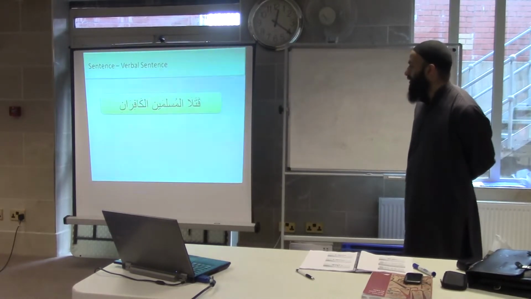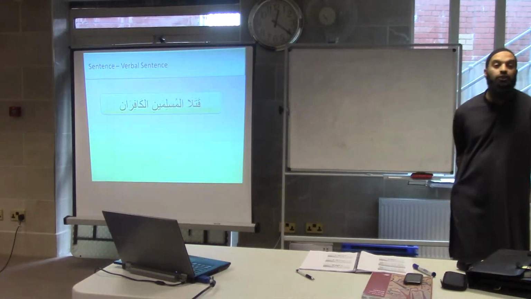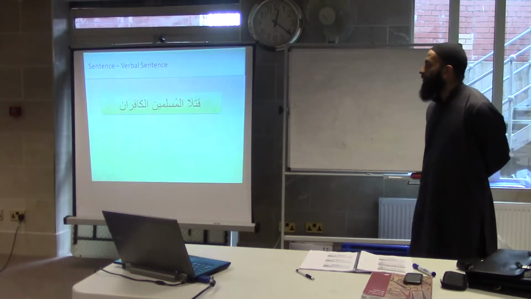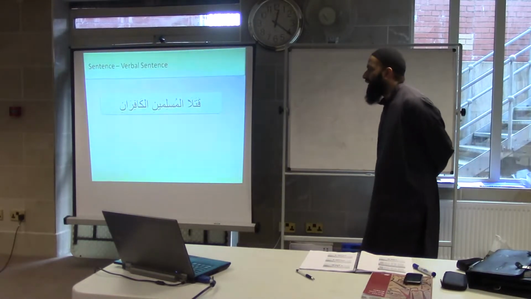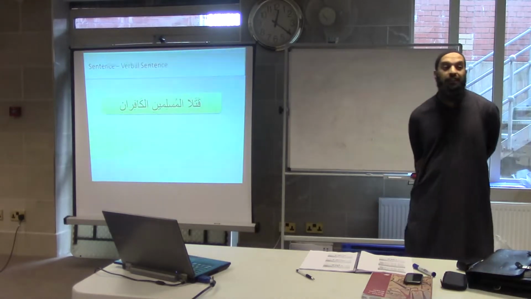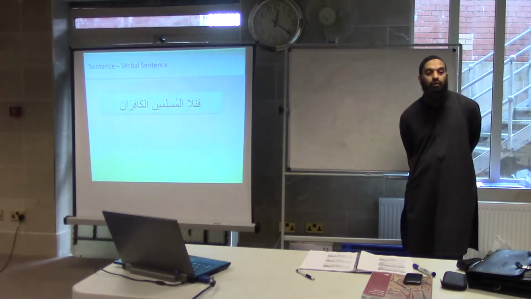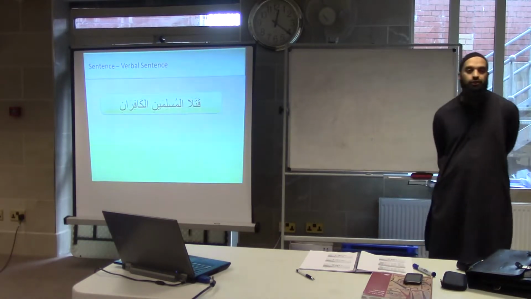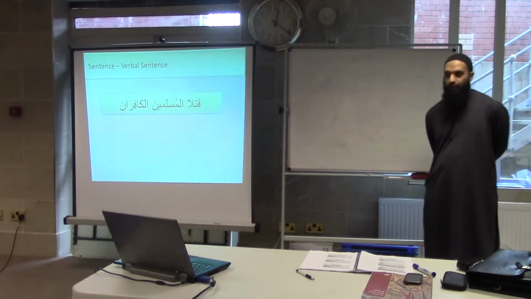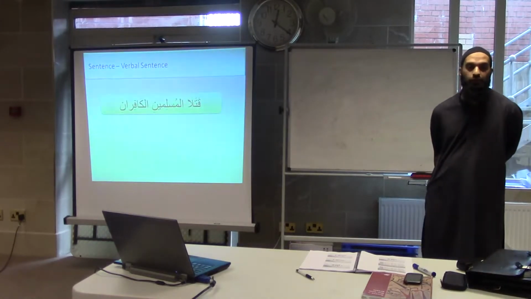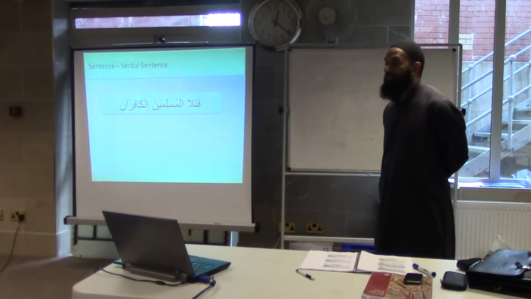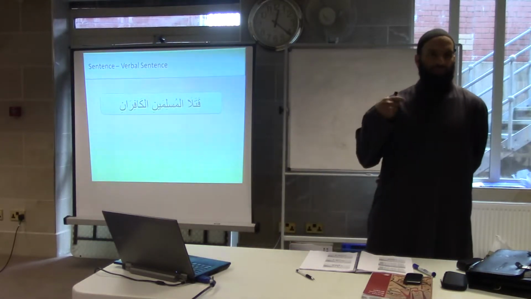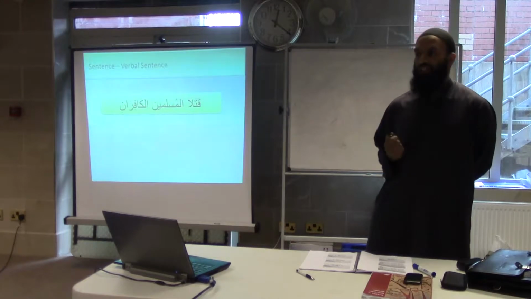So this is another one now. Qatala, again. Them two killed, yeah? Two Muslims, Muslimaini and Kafirani. So who's doing the killing this time? Which one is the dual marfu pattern? Kafirani is the dual marfu, yeah? And Muslimaini is the mansub dual. It's harder, but just showing you how those tables you need to learn, why you need to learn them, okay?